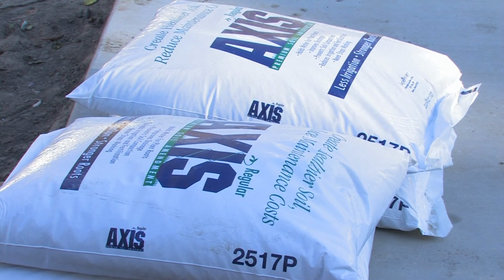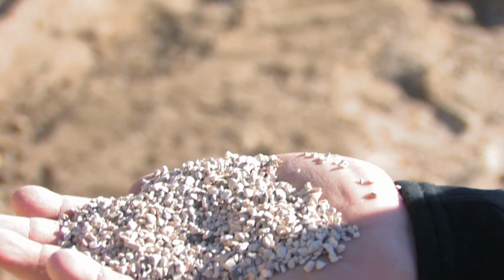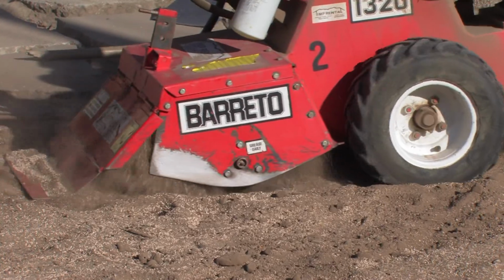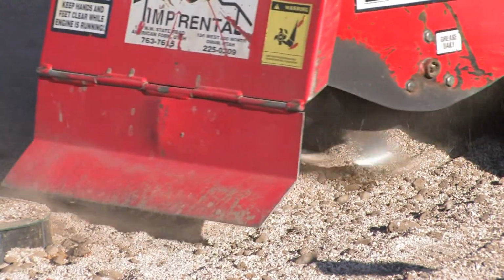It is a microscopic porous rock that allows for nutrients and microorganisms to get into the rock, and what you do is you take your existing soil and you add about 70% existing soil, 15% Axis, and 15% of a compost type supplement, and you rototill that into the top 4 to 12 inches of the soil. And what it does is it introduces this